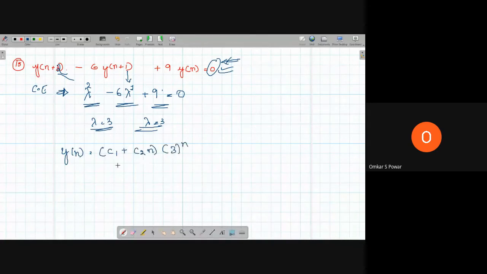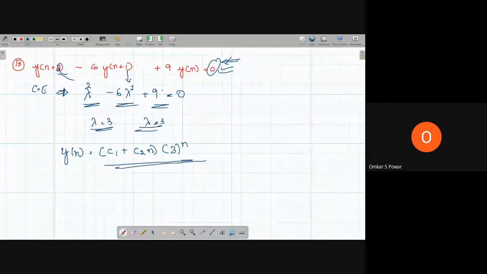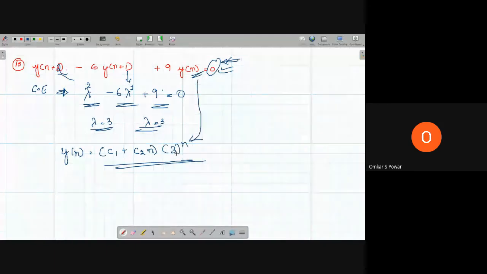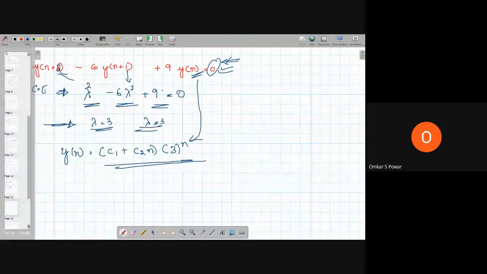There it was c1 plus c2t e power lambda t. Here these e terms will not come since it is discrete time. Whenever n comes, so this is the thing, c1 plus c2n lambda to the power of n. So we have seen when the two roots are real and distinct, when the two roots are real and equal, then let us go to a problem where we see imaginary.